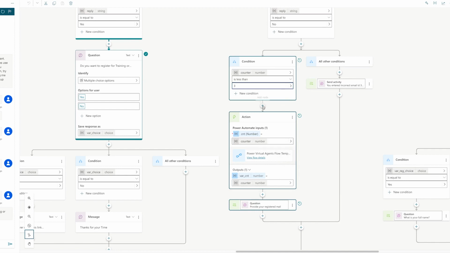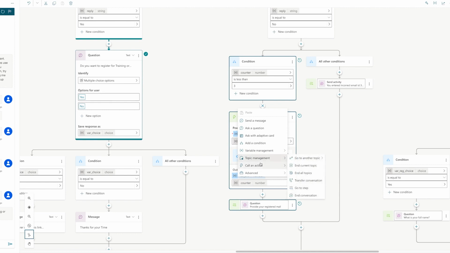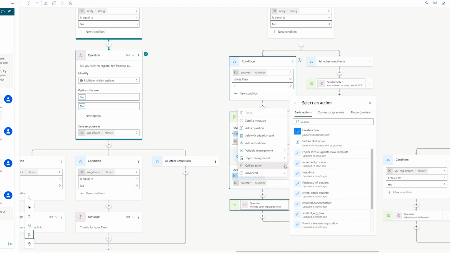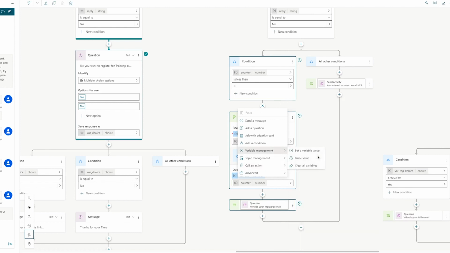So for that you need to click on the plus sign, and here you need to click on call an action, sorry, not add an action, call an action, and you can select the flow. My flow name is Power Virtual Agent. So I did not give a proper name to that. So you can see that.